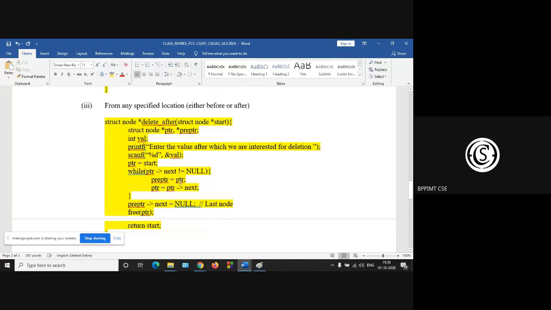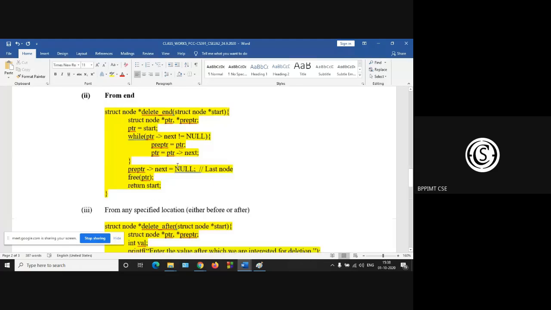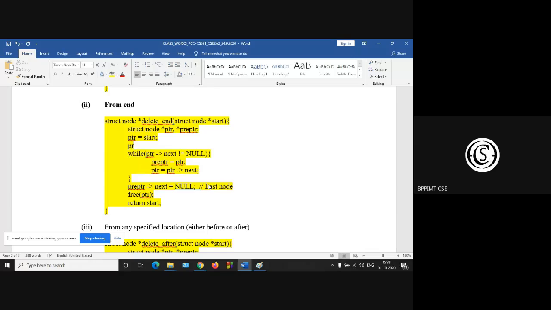So PTR is start, and initially PTR and pre-PTR are both at the same position. So here also pre-PTR is equal to PTR.